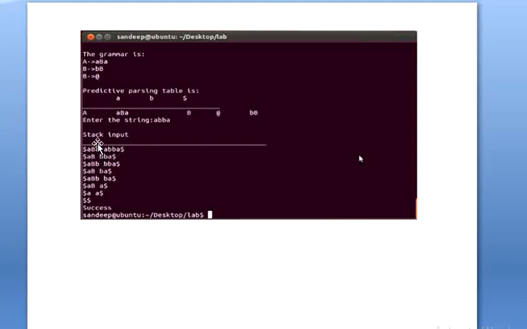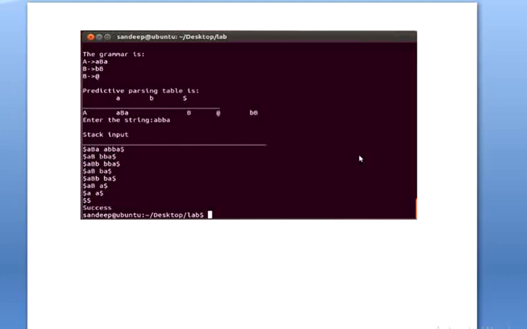Actually I have skipped the first step, so you can add one printf statement. You need to print the starting stack, which always contains $A, right? So you can print that. I have skipped that step and started from the second step, $ABA. So you can add the statement, or you can just skip and start from here. I hope it is clear, students, how I printed ABBA dollar here.